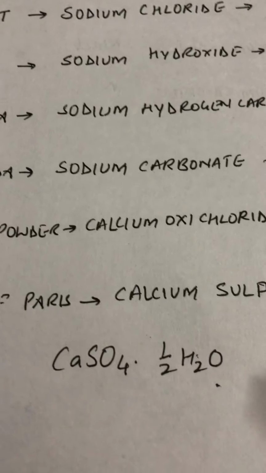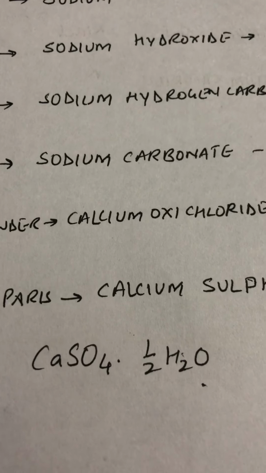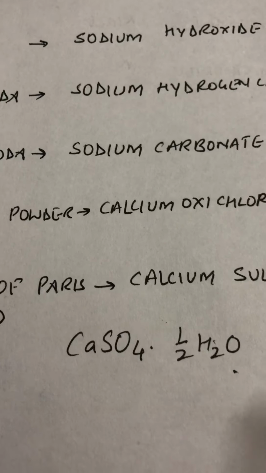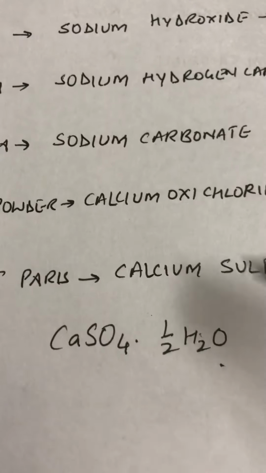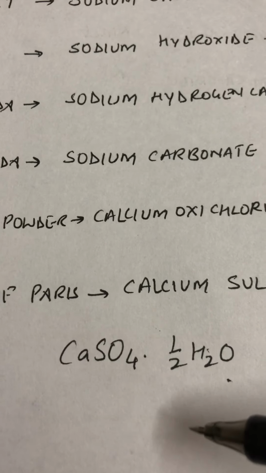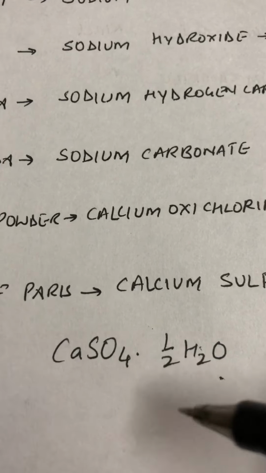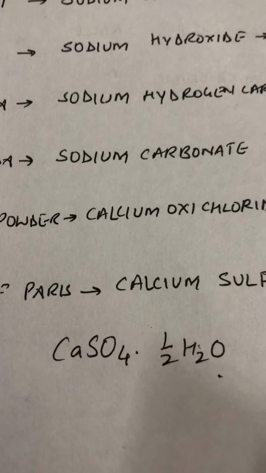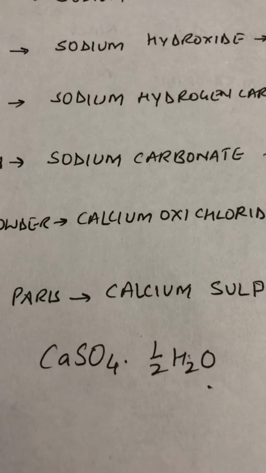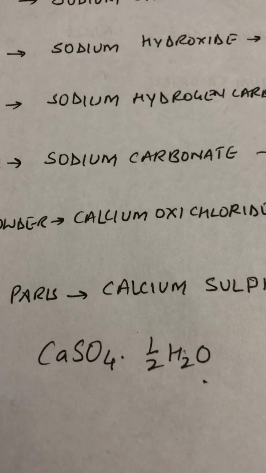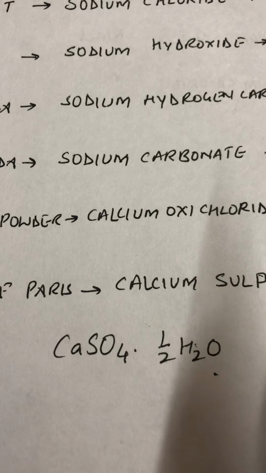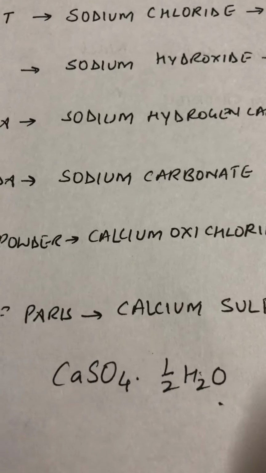Plaster of Paris is also used for joining the fractured bones. So it is of medical use also because it has a cement-like property. Whenever you mix this white colored powder with water, it hardens and it keeps your broken bones in place wherever you want to join them. So it has a great medical use. We also use it in chemistry labs to make the apparatus airtight because it prevents leakage of any kind of gases.